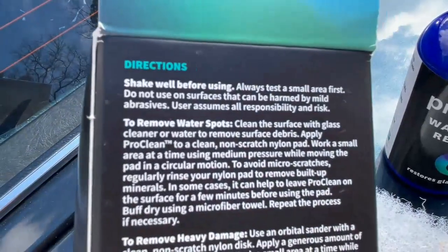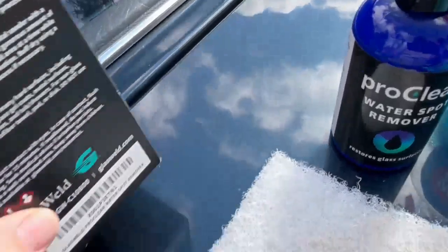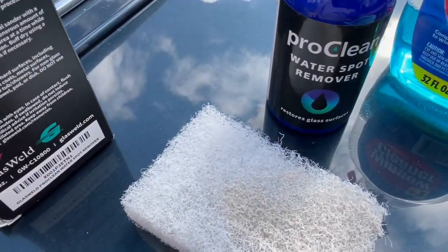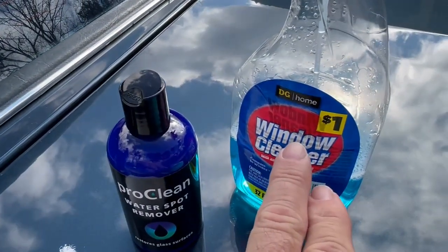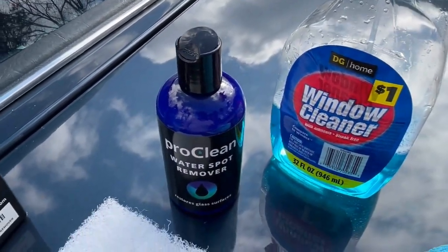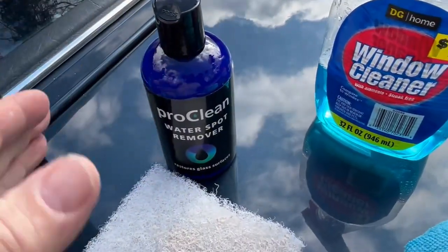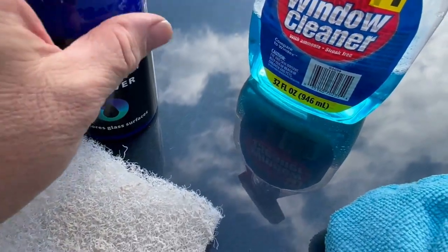If you want to look at the directions, pretty simple here. You need a nylon brush, which comes with this. That's nice that they put that with it. And you want to clean your window first with window cleaner, get it clean before you use this. You've got to shake this bottle up real good. It's kind of like a paste, like toothpaste. You put that on here, and